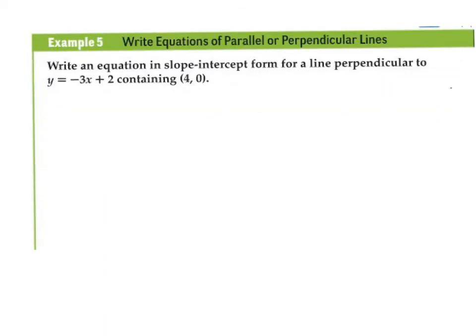Let's look at equations of parallel and perpendicular lines. Write an equation in slope-intercept form for a line perpendicular to y equals negative 3x plus 2 and contains the point 4, 0. Well, in order to be perpendicular, we have to make sure that the product of our two slopes is going to be -1. So we have to look at the negative reciprocal. Well, the slope of our initial equation here, called slope 1, is equal to -3. The negative reciprocal, which we will call slope 2,